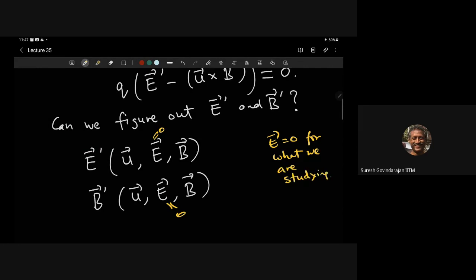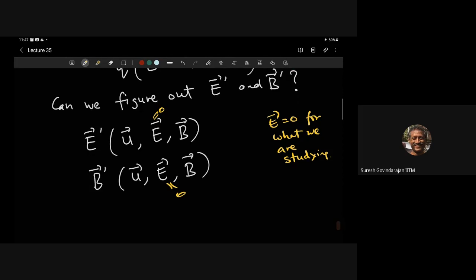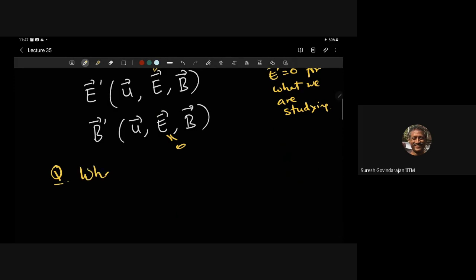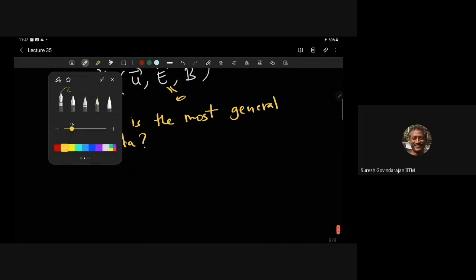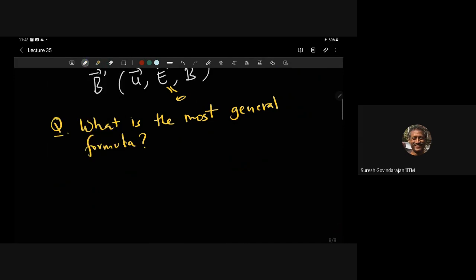Is this point clear? That there has to be some function. They have to be related. It can't be that electromagnetic fields in one frame don't relate to those in another. So this is all I'm saying. So the question here is what is the most general form for these things. Okay, so before we do that, we'll write some properties. By the way, you can interrupt me anytime because I might be going fast. Some properties here are following.